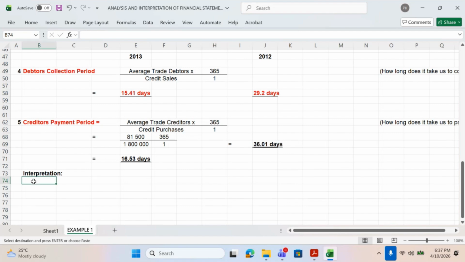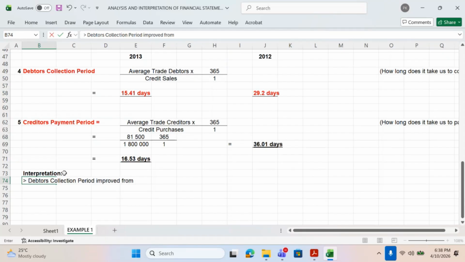we're going to interpret these two. Now we're going to start talking about debtors collection period. Here, debtors collection period has improved from 29 days in 2012 to 15 days in 2013. That is a starting point. Tell us about the trend, right? Tell us about the trend. Debtors collection period. Debtors collection period improved, right? We're saying it has improved